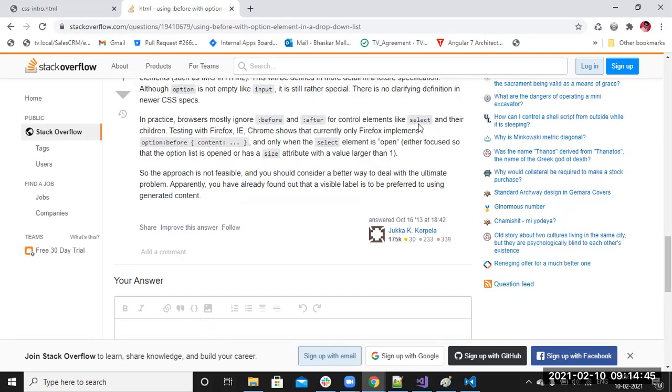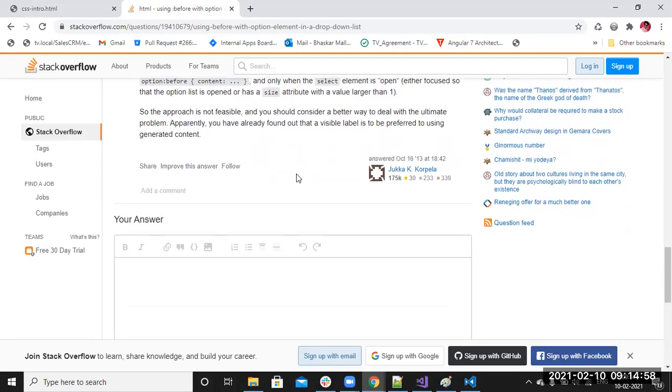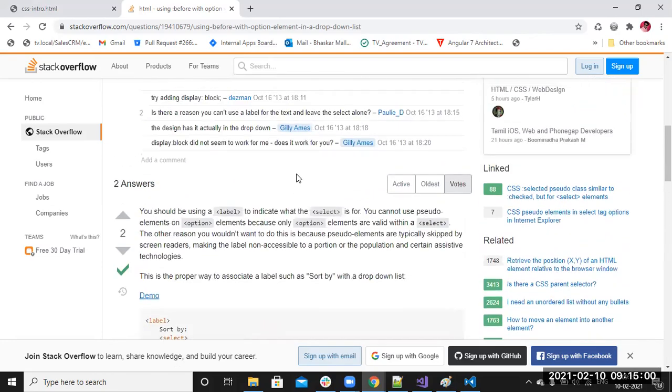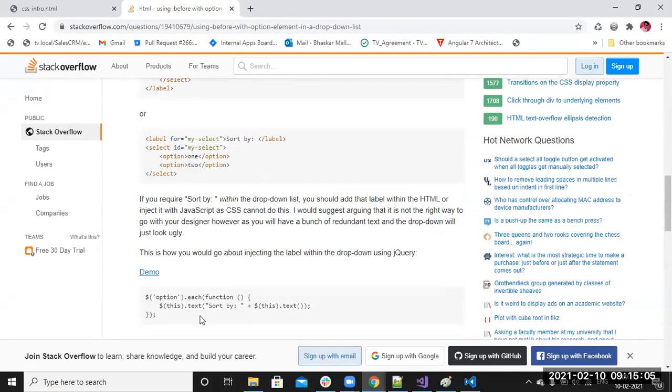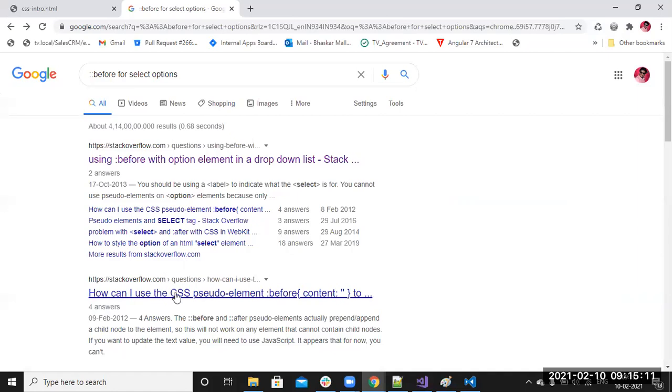Not before and after for control refresh like that. Okay, this is not a correct approach actually. By jQuery only, with the option, you can do that thing. A live example you will see.